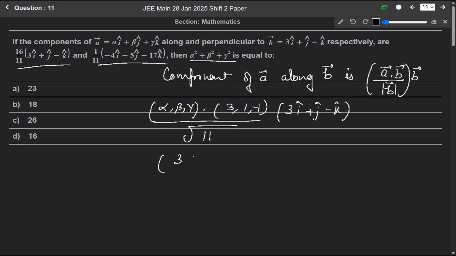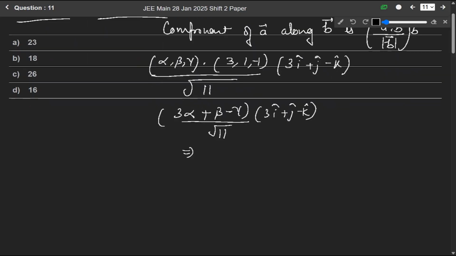So this will be (3α + β − γ) over √11 times (3î + ĵ − k̂). So it will be equal to 16 over 11 times (3î + ĵ − k̂). This implies that a vector minus (a · b) b vector will be equal to, let us say,